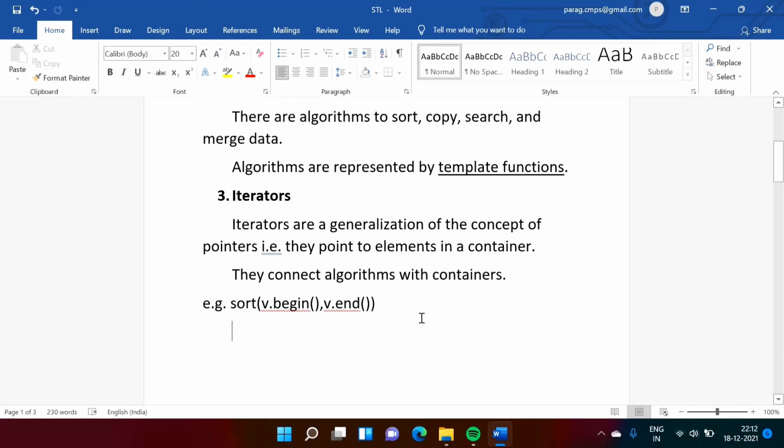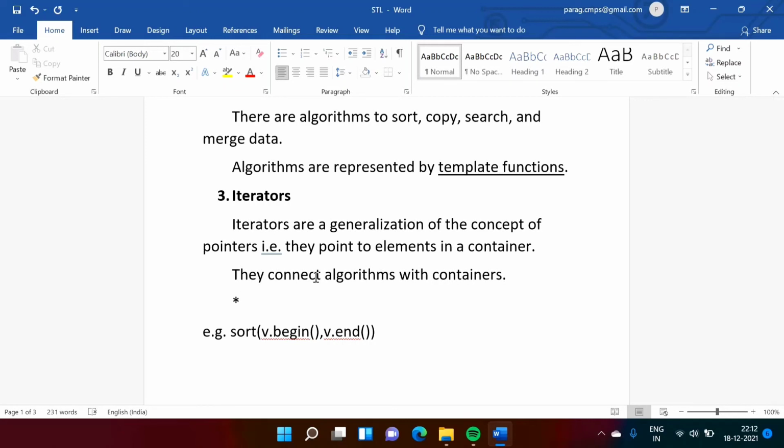In the next video we will have programs for that, and there we will see how iterators are actually used to access the elements of the containers, and we can access them one by one. Just like for pointers, we use operators like the dereferencing operator or member access operator, we can also use them with iterators.